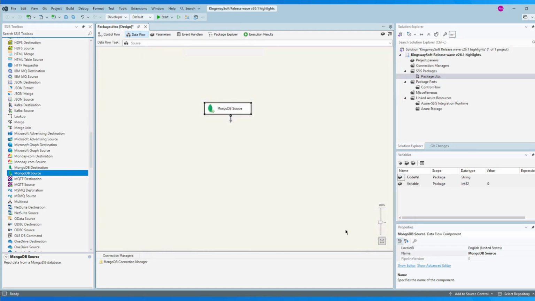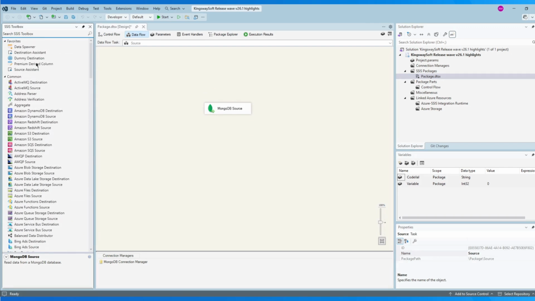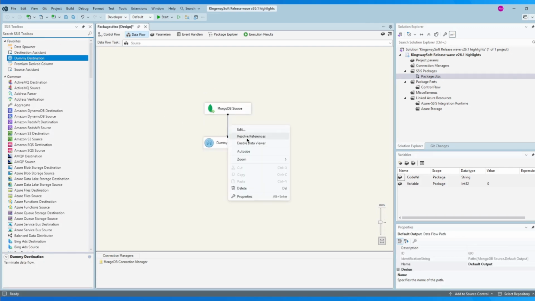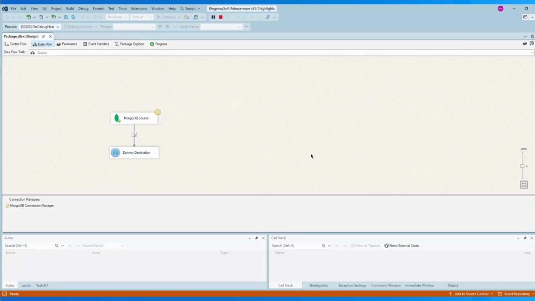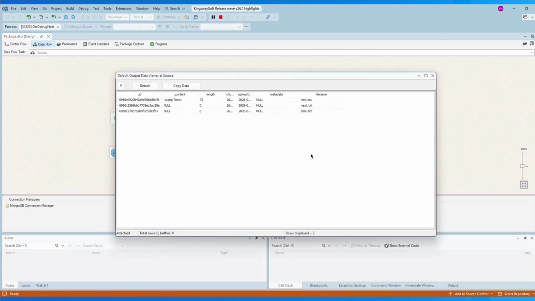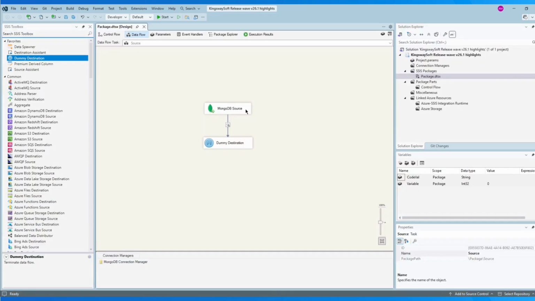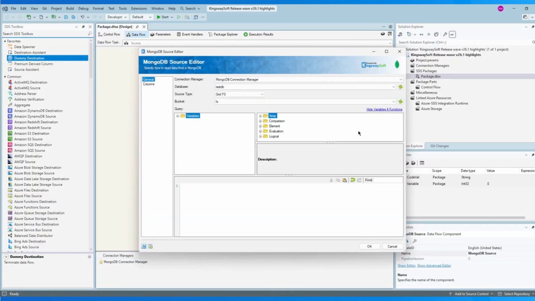Let's save and close the component and connect a dummy destination to it. Enable the data viewer and execute the data flow. In Output, you can see the files, which contain the binary content as well. This can be easily saved to a storage location using any of our local file system or cloud destinations as required. We also support filtering while using GridFS, and you can simply drag and drop and create your filter conditions